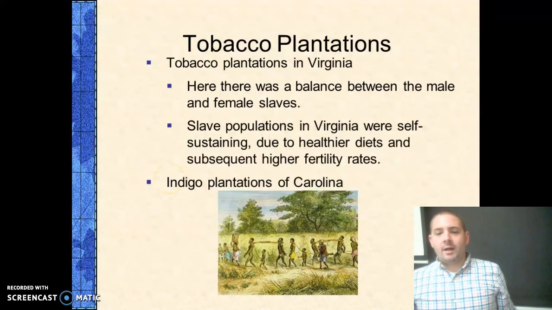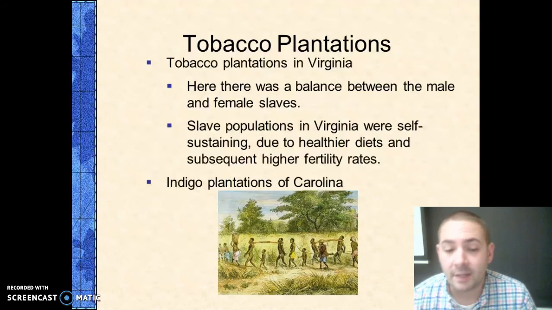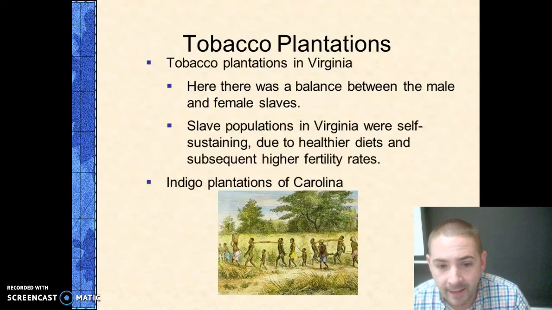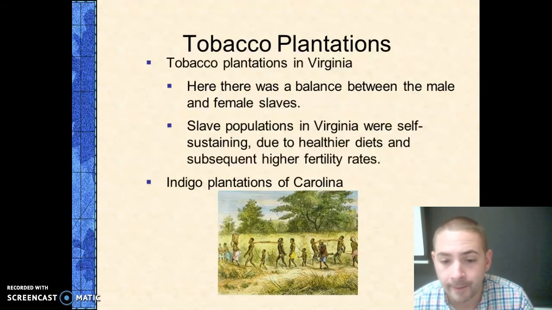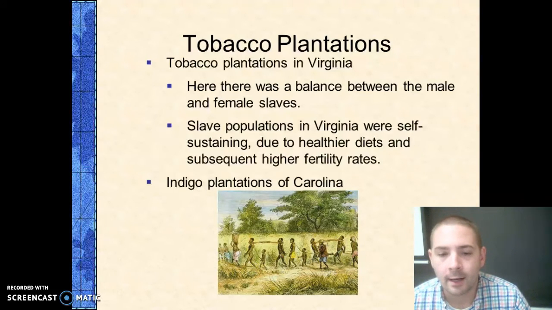Tobacco is one of those great products that is indigenous to the New World, indigenous to North America, and really helps to bring about greater connection between North America and Europe, or even the Americas and Europe. Tobacco is great because tobacco is addicting. It's a great product. I mean, not to put too fine a point on it, but if you're going to sell anything, selling things that people are addicted to is generally the best. So in Virginia and South Carolina, the growth of tobacco helps to spur this larger connection between Europe and North